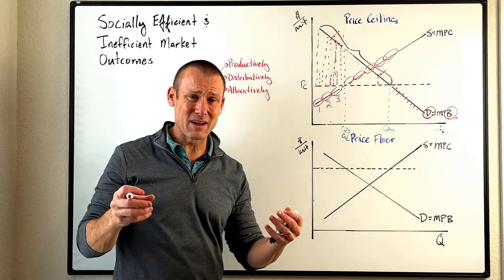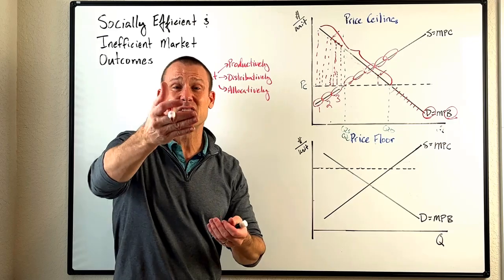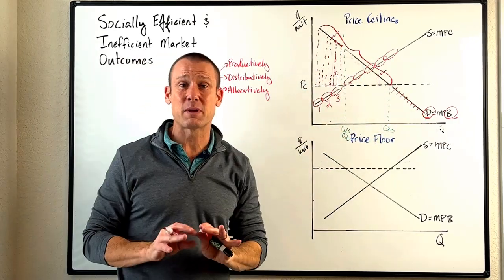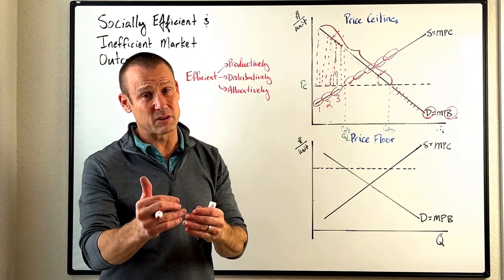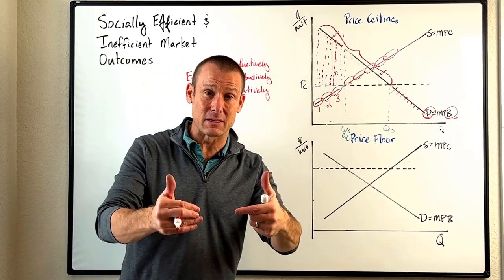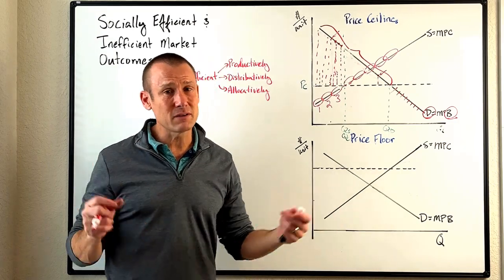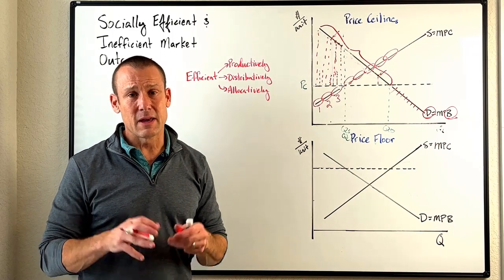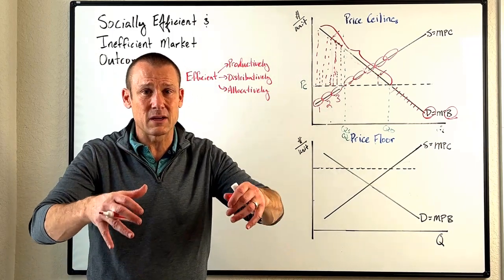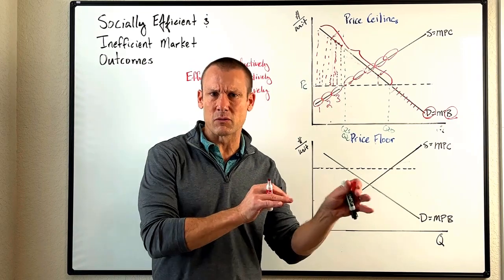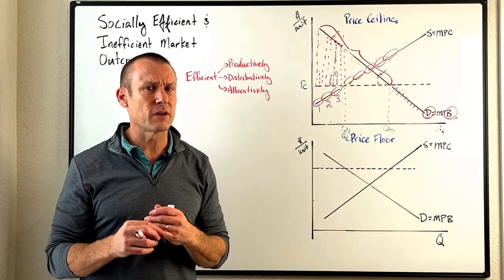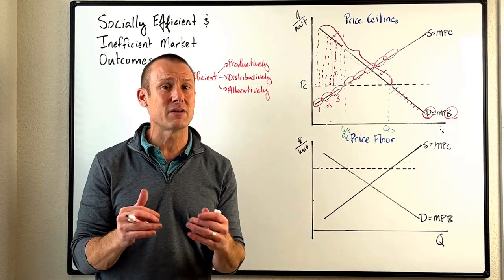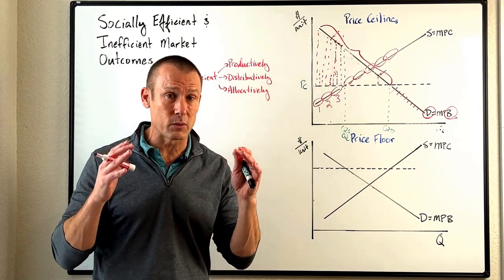But at the same time, when price fully rations the good, there's still an issue, and the issue is demand. Every one of these dots is not just based on the willingness, which you might call the expected benefit. It's based on the ability to buy the good. And that ability is an issue because in market-based economies, we have income inequality issues, right? And so when it comes to needs, we might not like price fully rationing the good, even though we often say price rationing the good leads to distributive efficiency. Well, that's the case if we don't have any income inequality, but we know that we do.